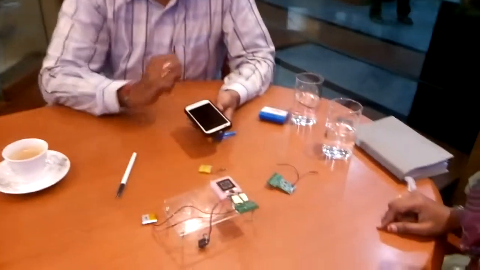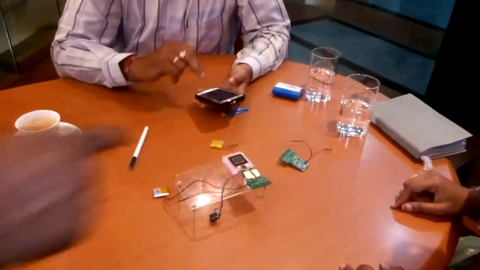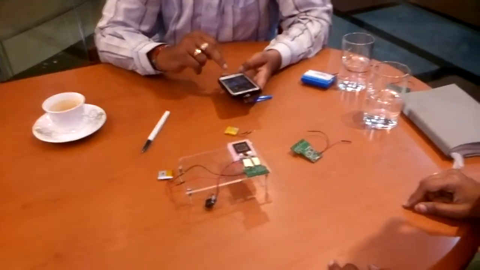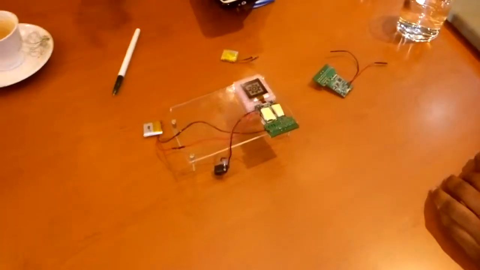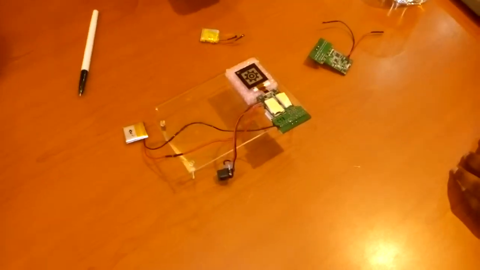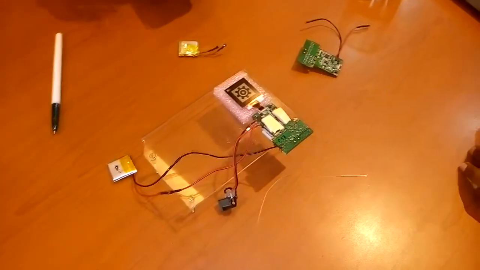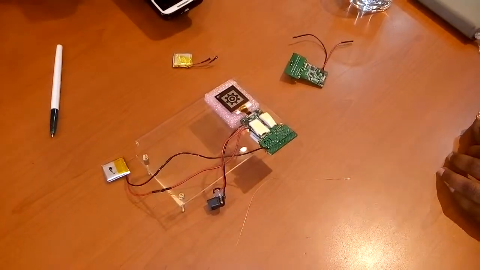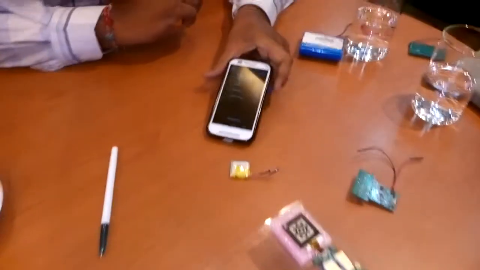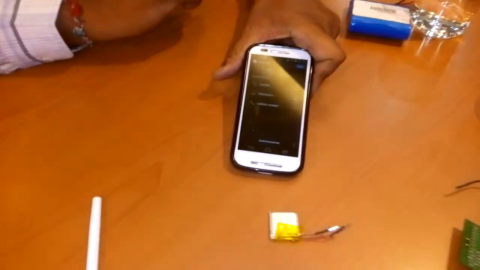I'm switching on my Bluetooth and let me search. I think Bluetooth is showing off, there's nothing here first. And because you had the question, let me go to settings and Bluetooth, and there are some devices currently being shown here.